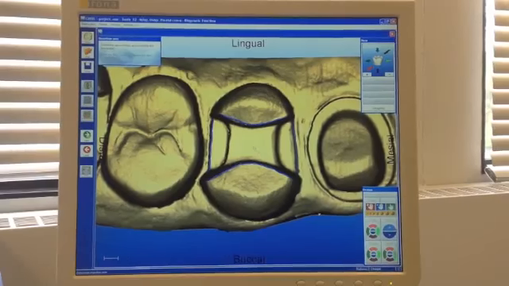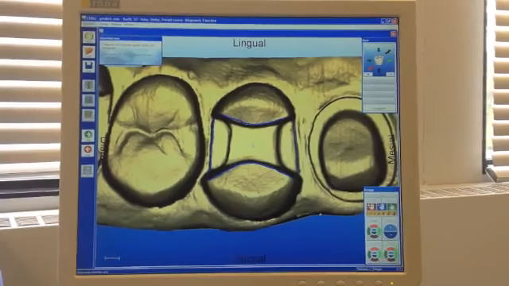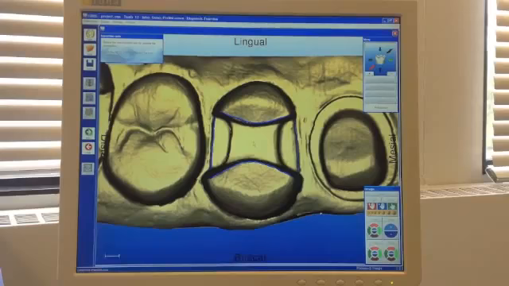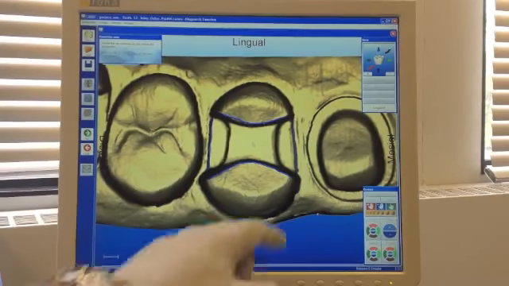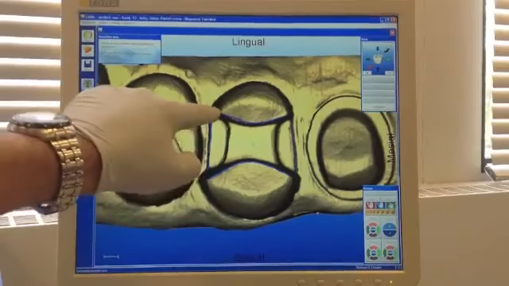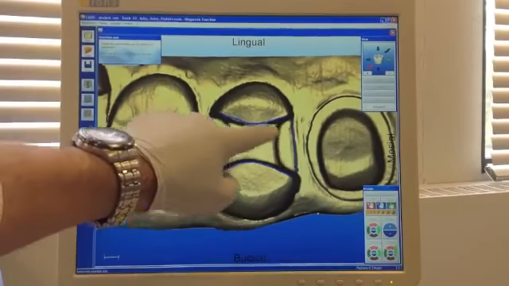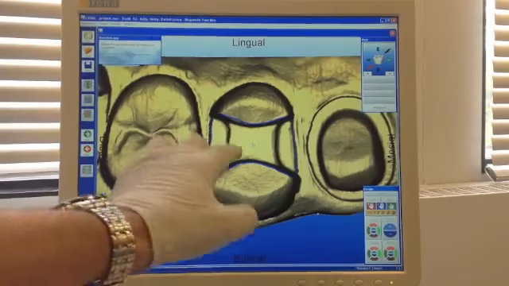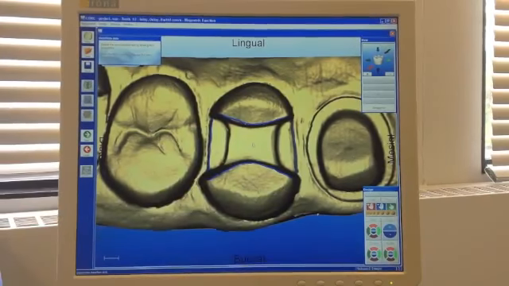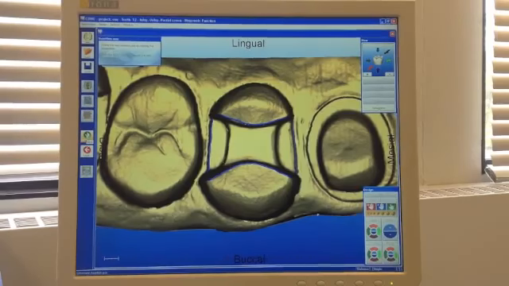And this is just again to simulate the occlusal view, so that you can see all the internal angles and you don't have any undercuts. Buccal lingual walls are divergent, axial walls are convergent and internal angles are rounded. So once this is done, I'm going to hit next again,